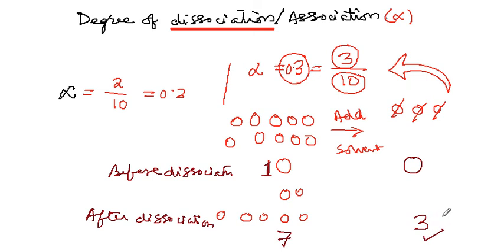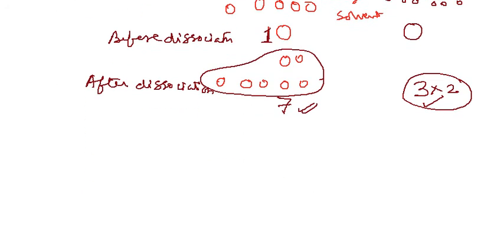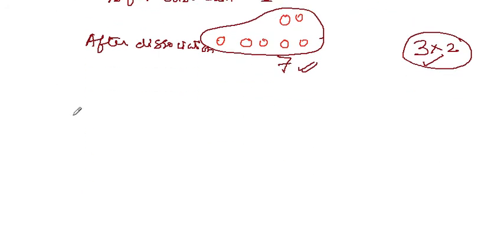So when we break 3 molecules, let's say they are breaking into 2 parts each. So the total molecules that we have is 3 times 2. So total molecules that we have on the product side is 6. And what is the amount of the solute which is undissociated? The undissociated part is 7. So in that case, if we would have said it for the alpha, for the alpha it is out of the 10, 3 have got